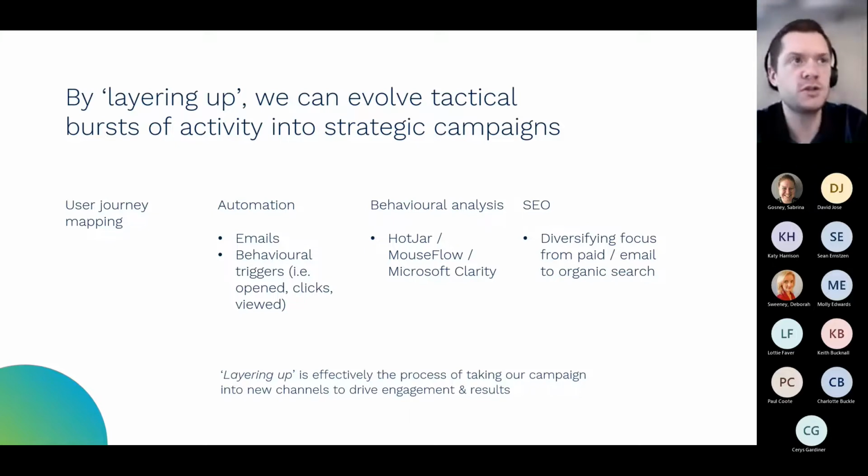So there's a couple of different bullets underneath, and we'll go through each section within this layering up presentation. So automation: how do we use email in an effective way? How do we trigger based on behavioural data? We will start to capture behavioural data within any of the email marketing platforms we use. How do we use that in a strategic way, which doesn't just keep sending people information if they're not engaging, or keep sending everyone the same information regardless of different levels of engagement?